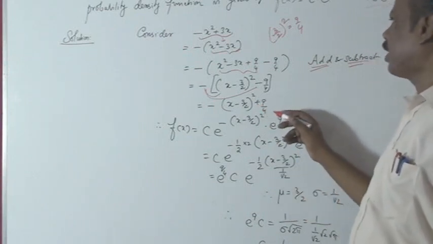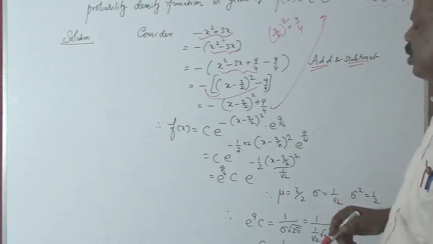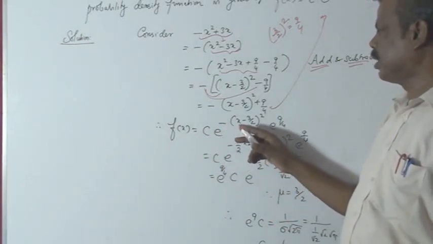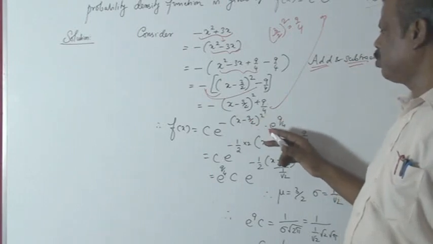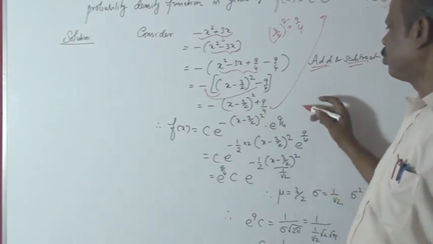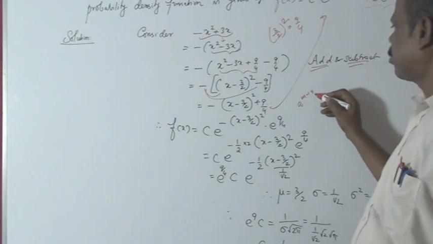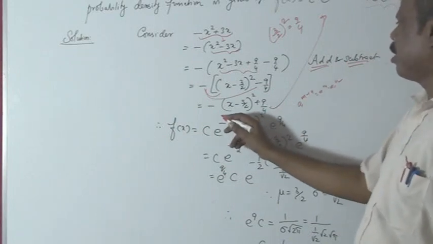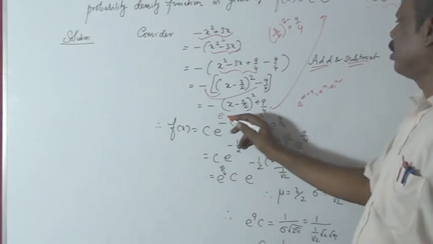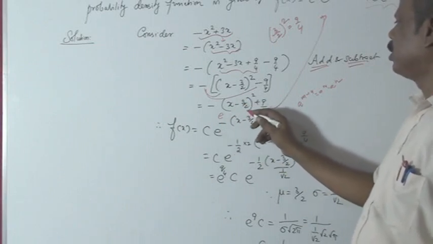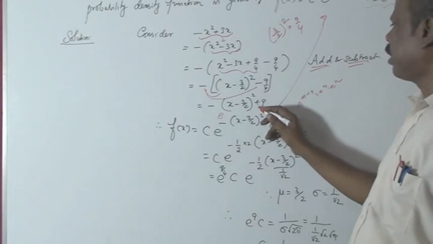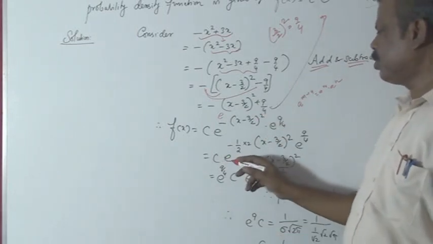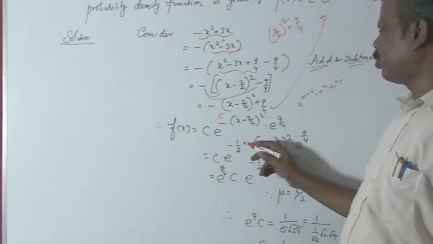So, substituting this value in this above density function, that is f of x is equal to c e power minus x minus 3 by 2 the whole square into e power 9 by 4. That is a power m plus n can be written as a power m into a power n. Therefore, if you take this e power x minus mu, that is 3 by 2 the whole square plus 9 by 4. Therefore, c into e power minus 1 by 2 into 2. So, I multiply